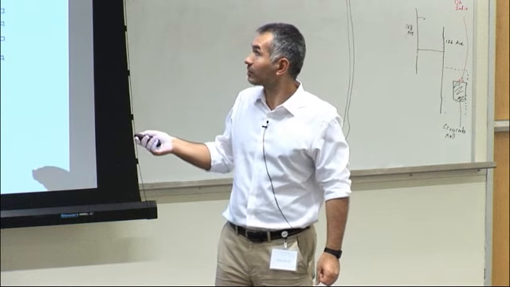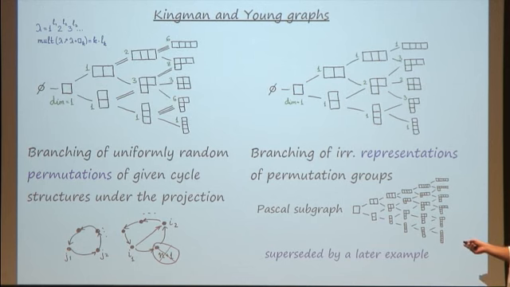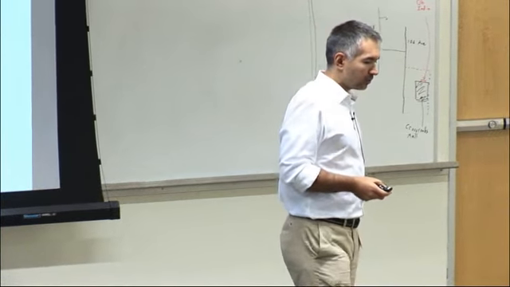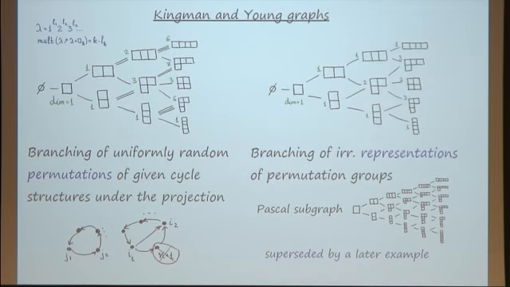This is known as the Kingman graph. And so this graph is more understandable, actually. Well, okay, this is understandable as a graph, but the algebraic origin of this graph is more understandable. This is the branching of permutations by their cycle structure. See, if you add up these numbers, that's the number of paths, then you see this is 6 here, and it's 24 here. So paths from the root to the level correspond to a permutation. And then the partition here, if you read the number of boxes in the rows, that gives you the cycle structure of that particular